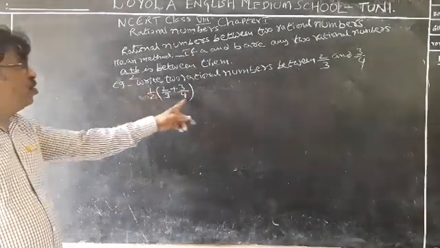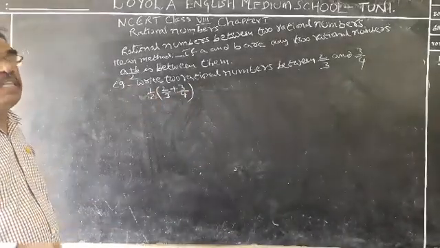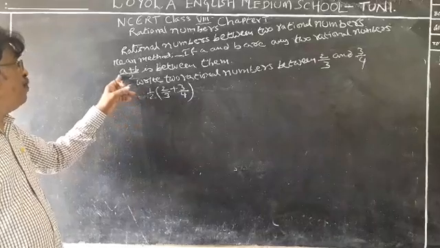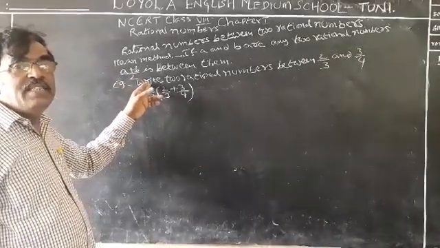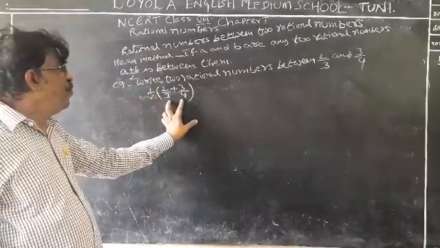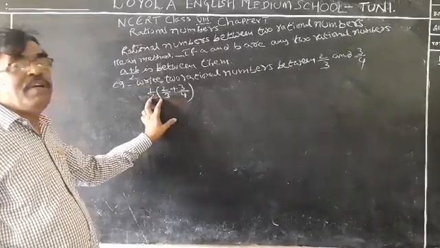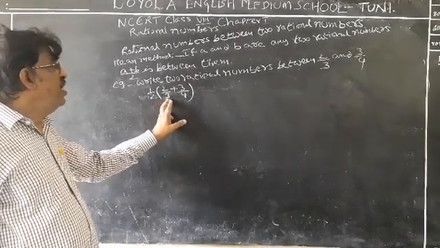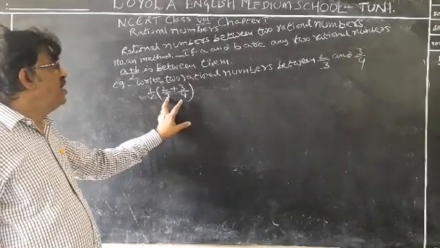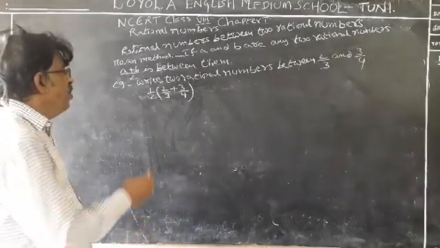If you write it as divided by 2, so many students commit mistakes. That's why (A plus B) by 2 also can be written as 1 by 2 into (A plus B). Then it is very easy. Find its addition and multiply by 1 by 2, you will get the answer easily. Now, how do we find the addition of two rational numbers? You know pretty well.